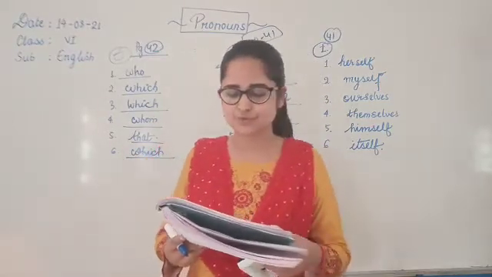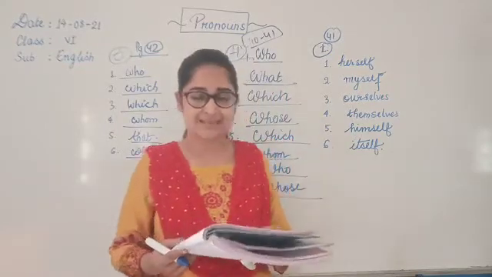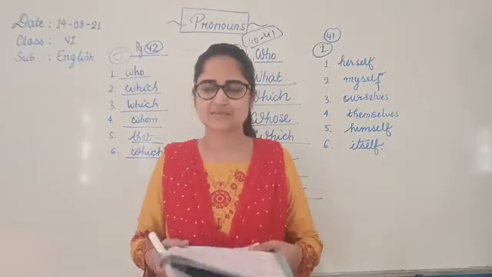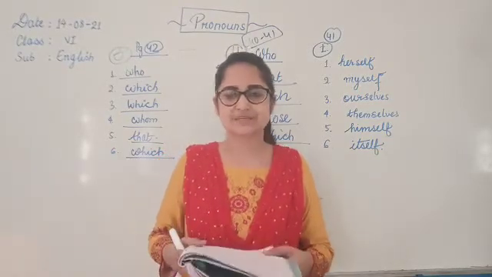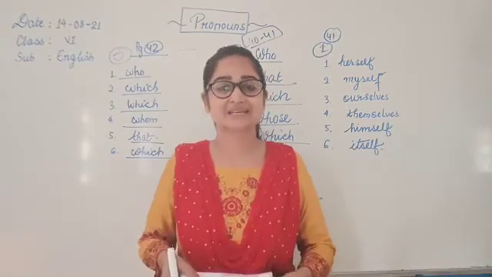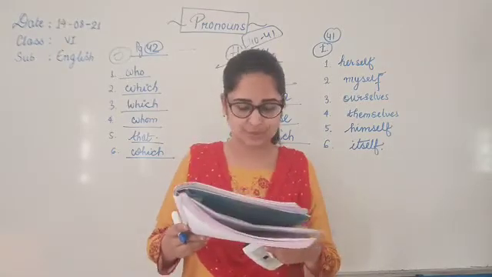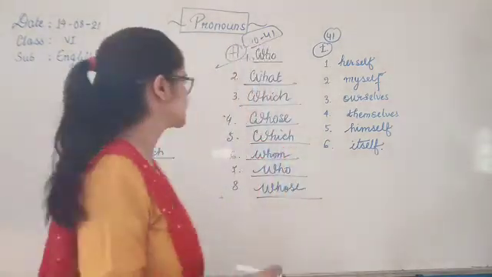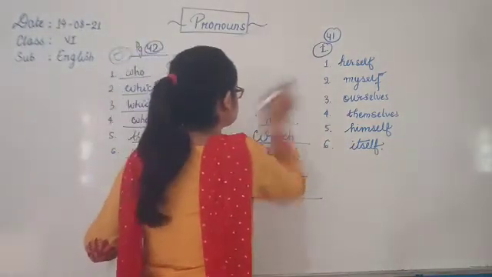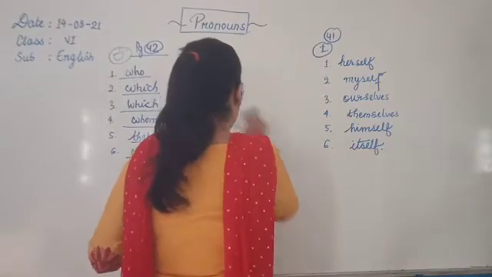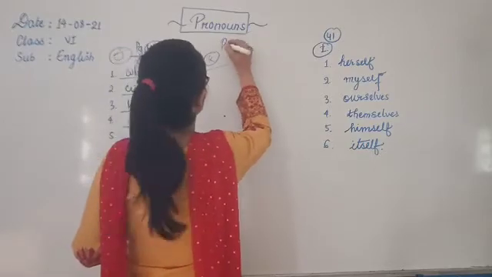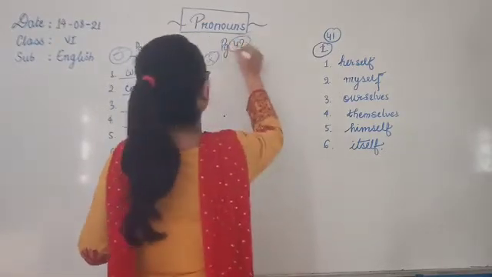Now we have to do an exercise just after this. K. Identify the pronouns in bold in the given sentences. The first one has been done for you. Who wishes to see me? Now you can see who. It's used to ask questions. That's why we are going to say it's an interrogative pronoun, right? We are going to start from number 2 because 1 is already done for us. This is page number 42.